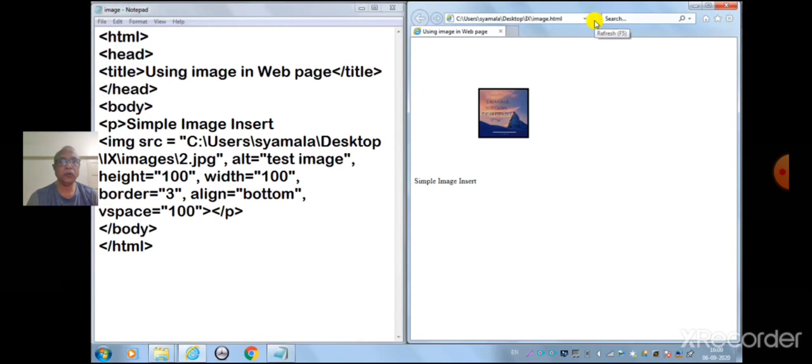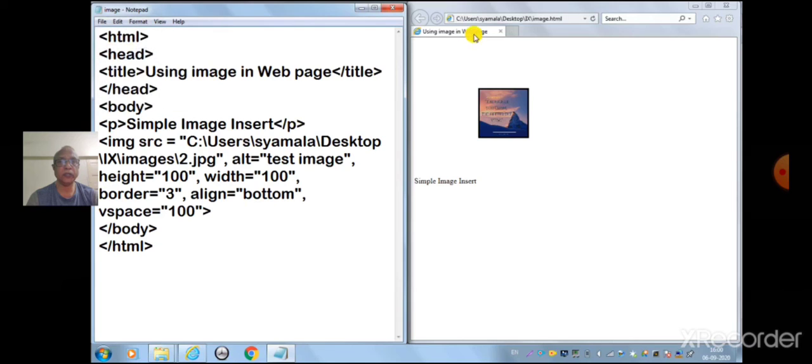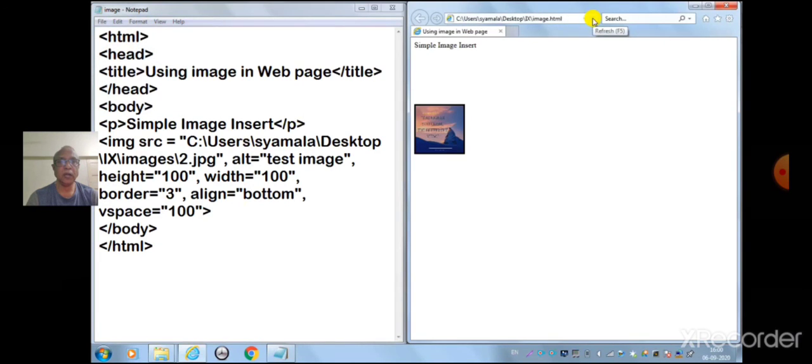We are not able to view it properly. So what we will do, we will remove the end tag of the paragraph and place it after simple image insert. Now save it and execute. Now the vertical space between the text and the image is seen on the browser.